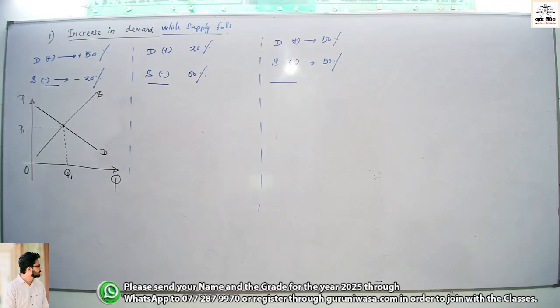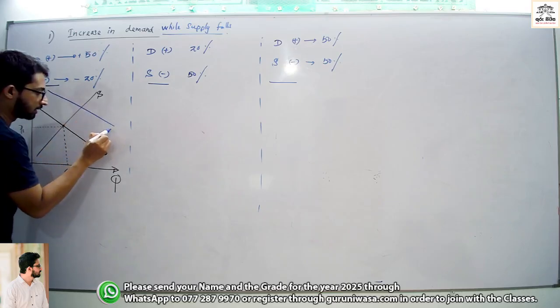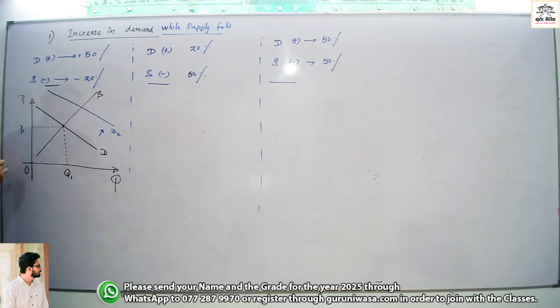First one, the demand curve shifts a greater distance. Like this, the demand curve shifts to the right side. The supply curve also shifts, but the supply curve shifts to the left side, okay? Because supply decreases, the supply curve shifts to the left side,